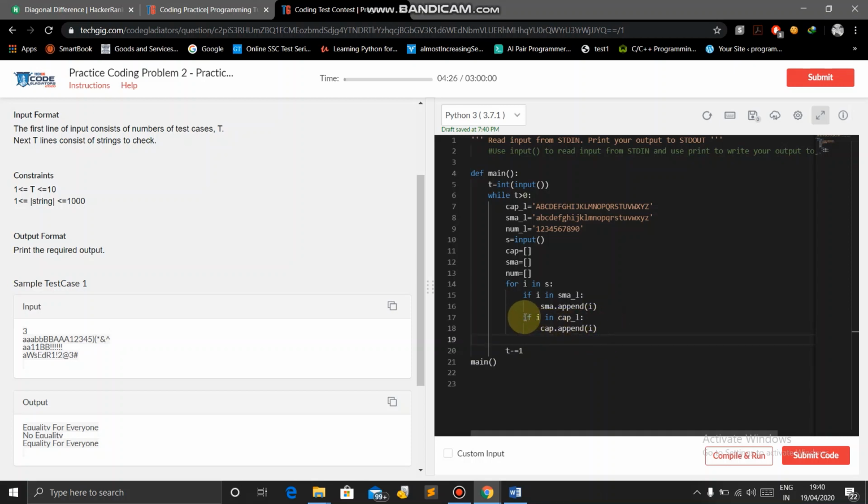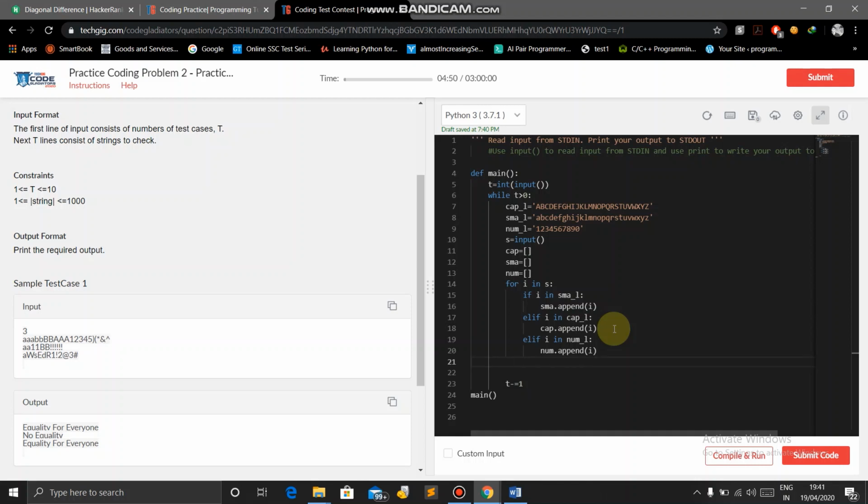Sorry, there is the elif, that is else if: elif i in numbers, then num.append(i). So that is the condition.